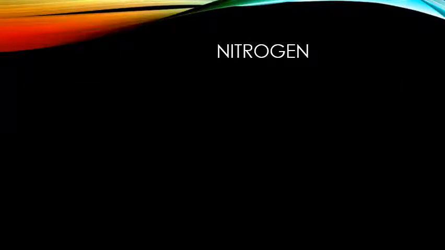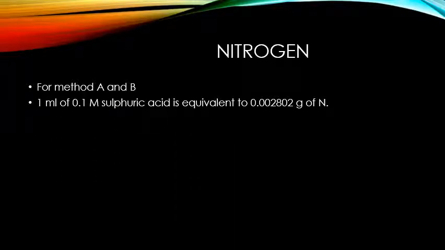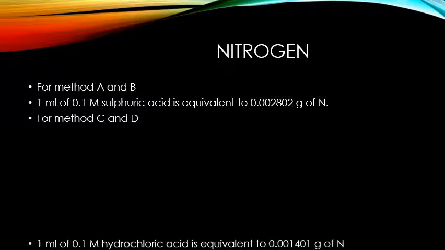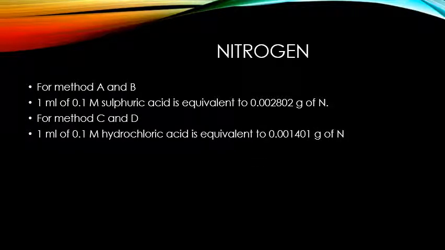Then we will see the nitrogen. For method A and B, 1 ml of 0.1 molar sulfuric acid is equivalent to 0.002802 gram of nitrogen. For method C and D, 1 ml of 0.1 molar hydrochloric acid, meaning HCl, is equivalent to